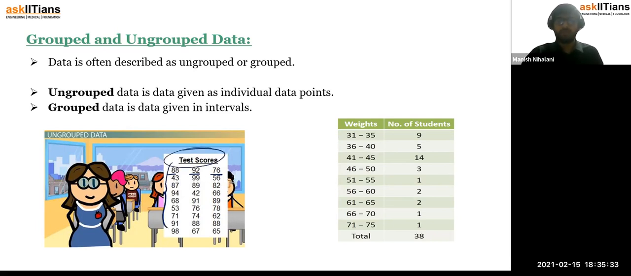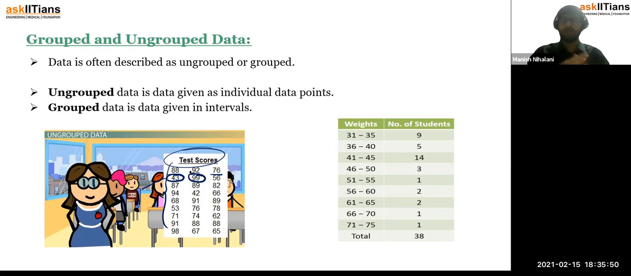So on the basis of which the teacher can analyze what the lowest marks the students have scored are. So you would say that 43 is the lowest marks, whereas the highest marks you could see is 99 out of 100, right? So